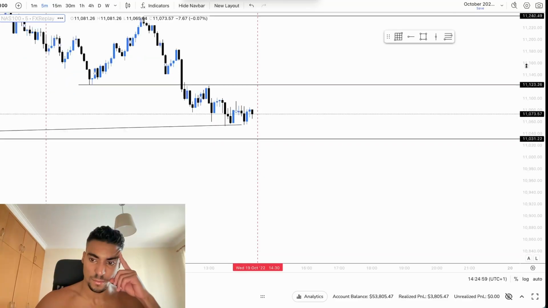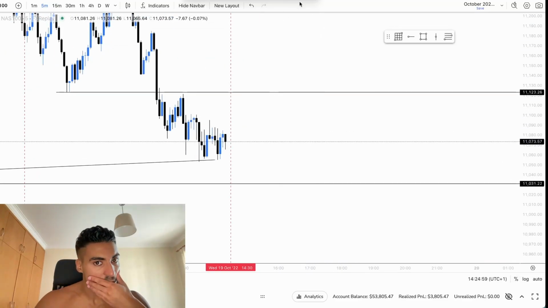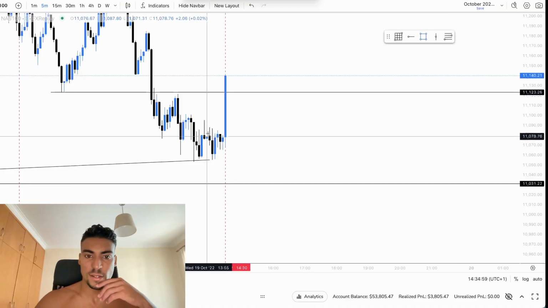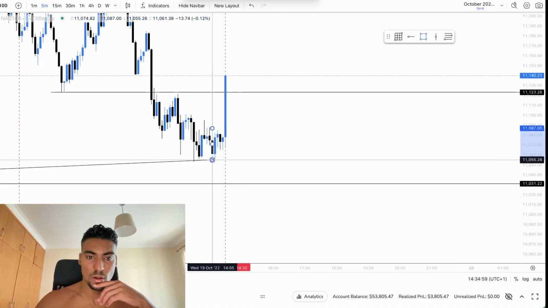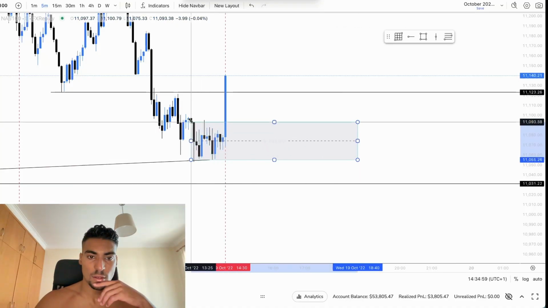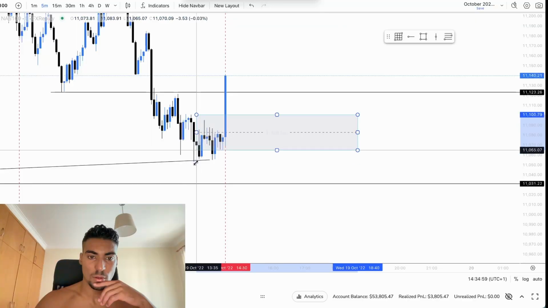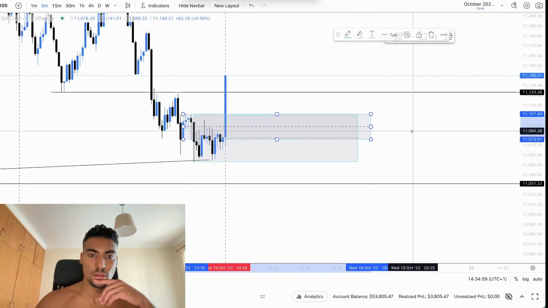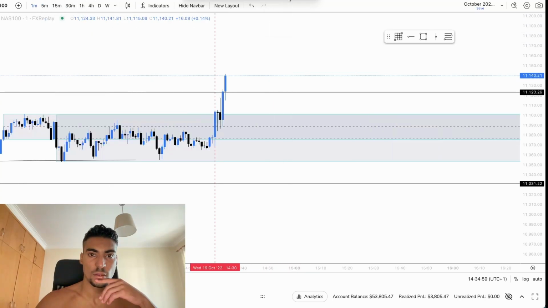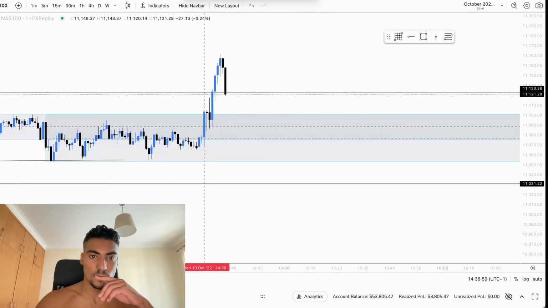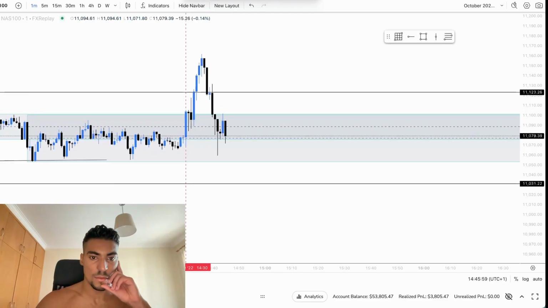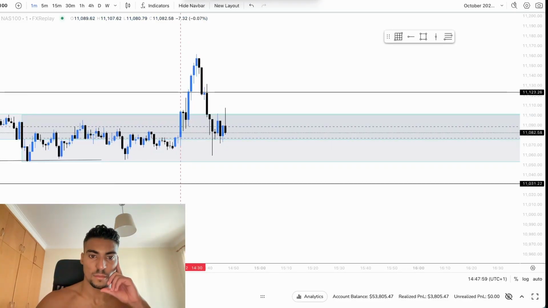All I want to see is some kind of manipulation to the downside before we move higher. We don't get it. Okay, so let's see if we can feel some sort of order block, breaker block. It's actually this one, boom, right here, order block, the breaker. If you can feel this and get some bullish action out of it, that will be cool. Nice, we are feeling it. Okay, so now I'm waiting for inverse level gap, breakup structure, something like that.